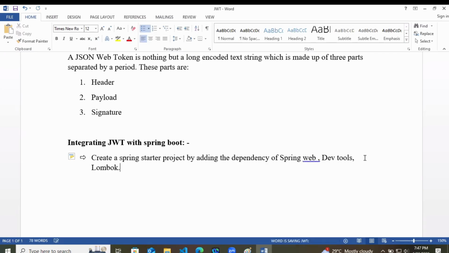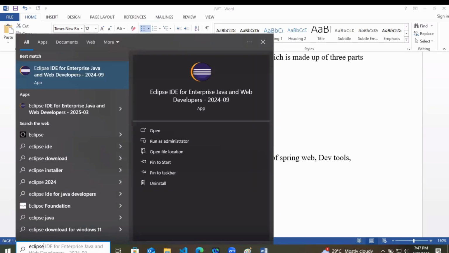There are other dependencies also, but if we add them at runtime, there will be a confusion for you. I will add these after creating the project. All these three things: Spring Web for a REST controller, DevTools so that we don't have to restart, Lombok for getters and setters. So simple.